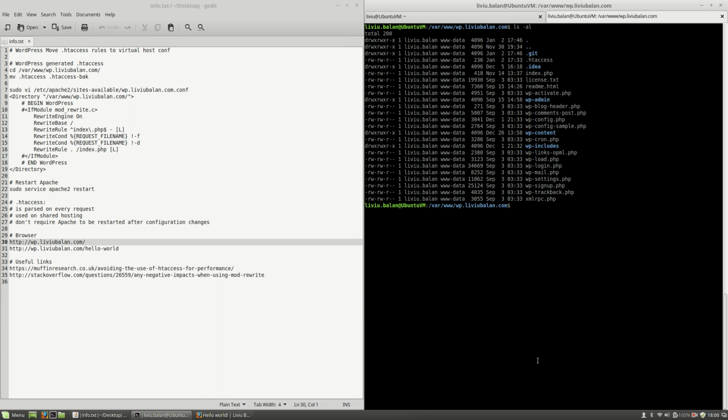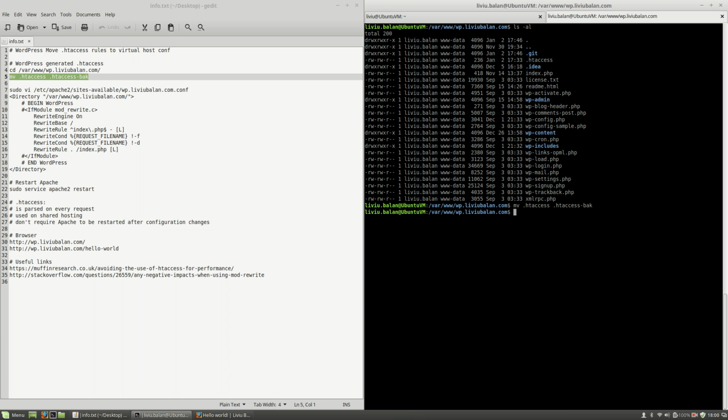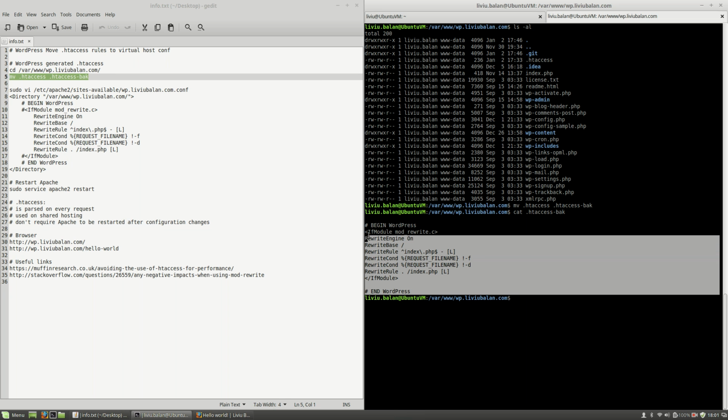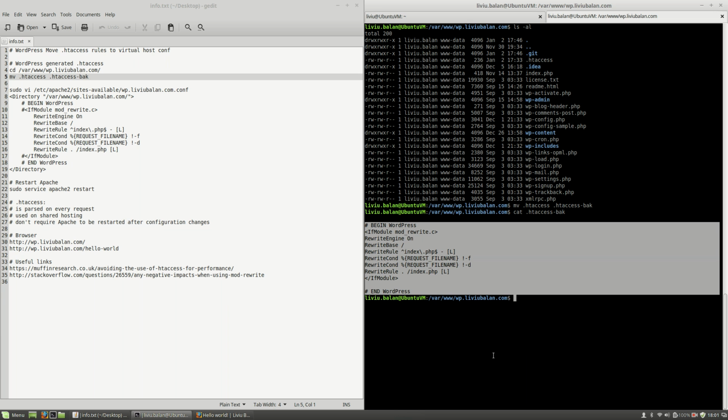Now, the next thing I will do is rename the .htaccess file to .htaccess-back. So I will use the mv command: .htaccess space .htaccess-back. Hit the enter key, and now I will display the content inside .htaccess-back using the cat command. Hit the enter key, and as you can see, this is the content of the .htaccess file, which was dynamically